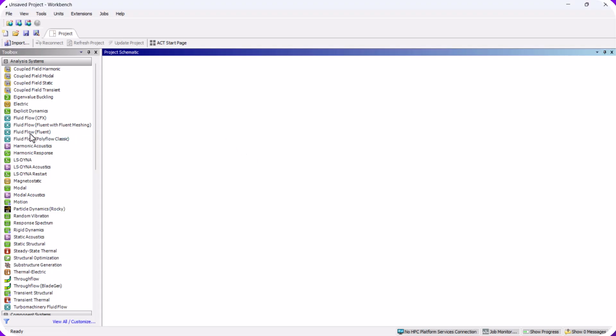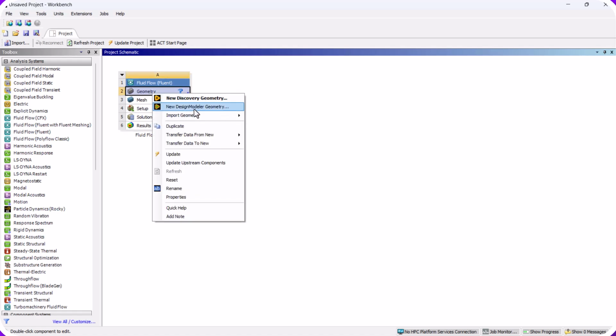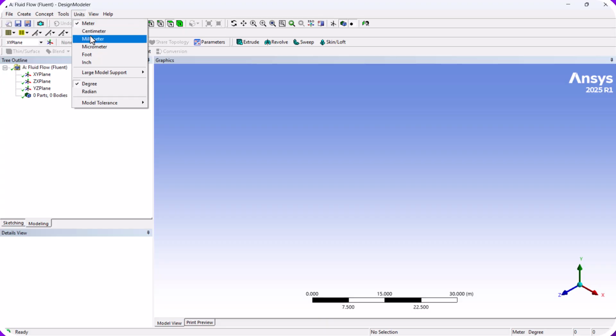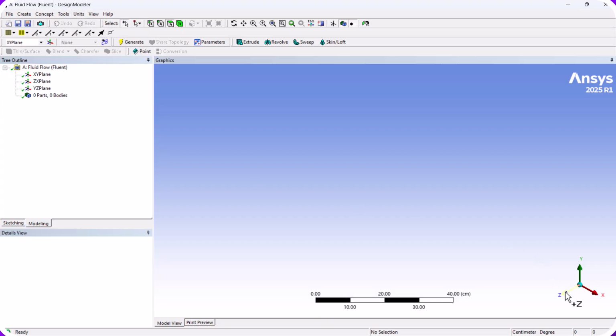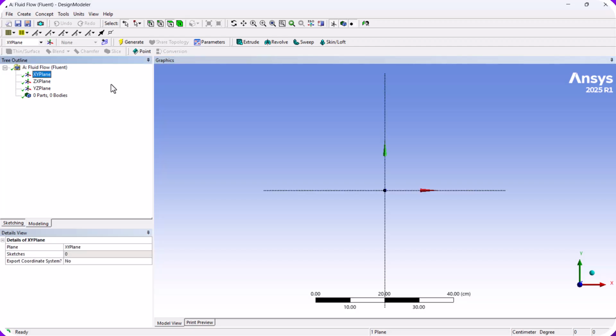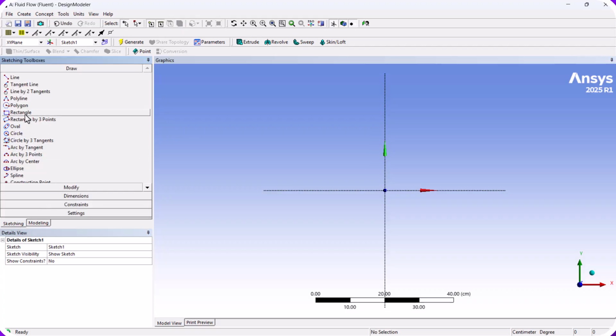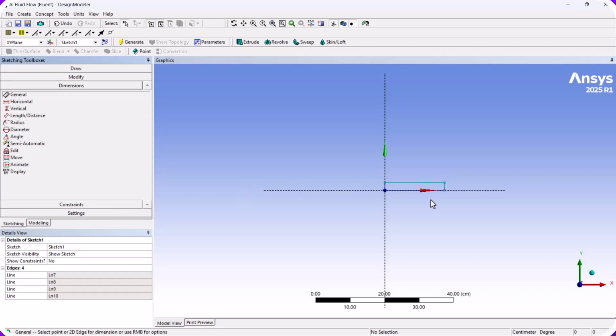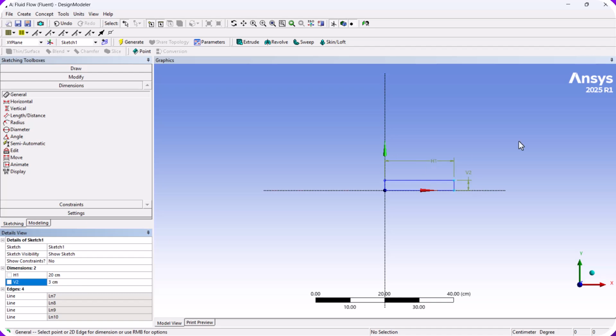For the model, select Fluent, right-click on Geometry, select New Design Model, change the unit to centimeters, click on the Z-axis, select the XY plane, and select New Sketch. Click on Sketching and select a rectangle. Now click on dimensions. H1 is 20 centimeters and V2 is 3 centimeters. Okay, now click on create